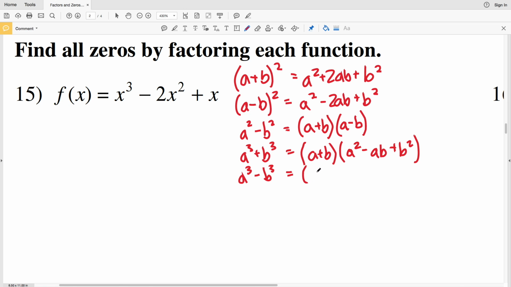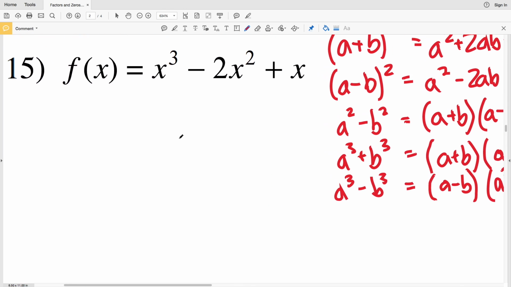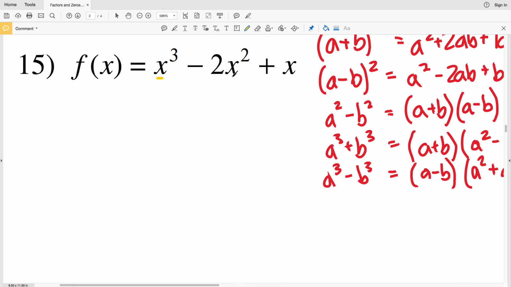So as opposed to a plus b, we're going to have a minus b. And as opposed to a squared minus ab, we're going to have a squared plus ab, and then we're still adding that b squared. So I recommend writing these formulas down so that you can refer back to them when we get to a problem that utilizes one of them. However, looking at number 15, each of the terms has x in common, so we'll be able to pull out